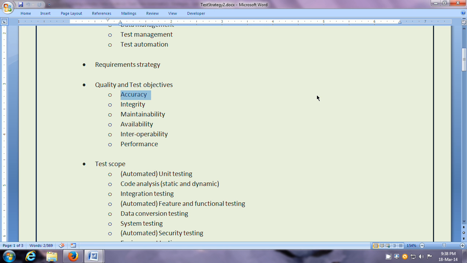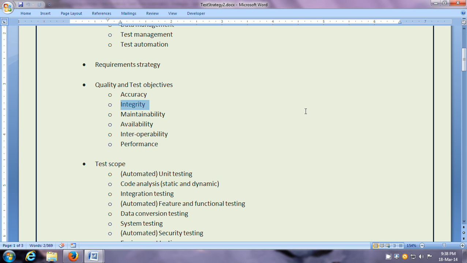So for example, accuracy can be that the features and functions work completely, and the target can be that 100% of the required features and functions actually work in the software, and the priority of this objective can be must have.